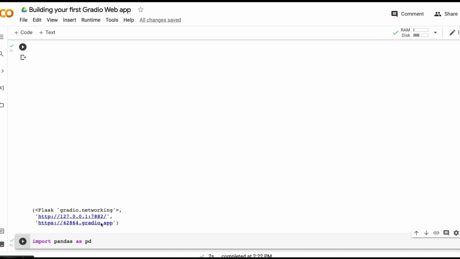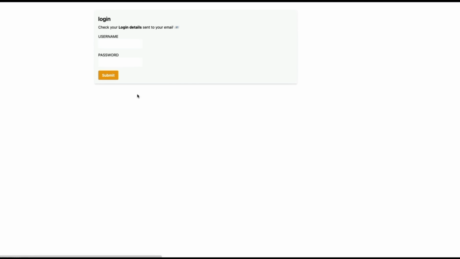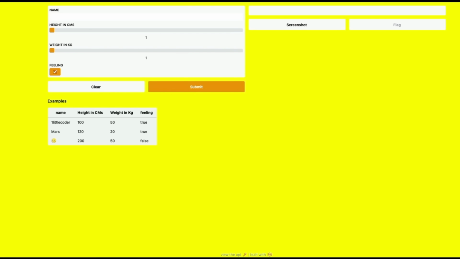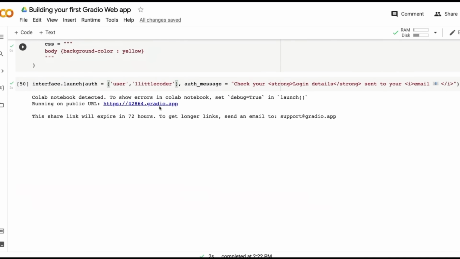So let me click this, go here, and then see it says check your login details sent to your email, and you have this. This way people would know whether they have to look at their Slack channel or an email or a Discord or whatever it is, so that they actually know where the email is. Once again, let's log in, one little coder, and then try. We have successfully managed to log in. So this is how it is quite easy and simple for you to add an authentication page to your Gradio application,